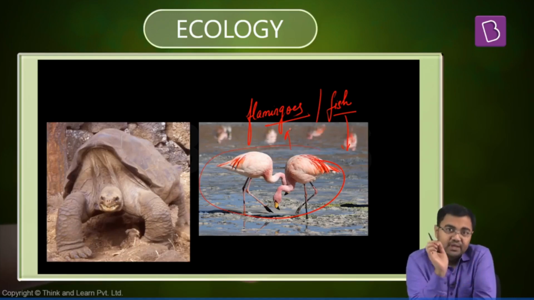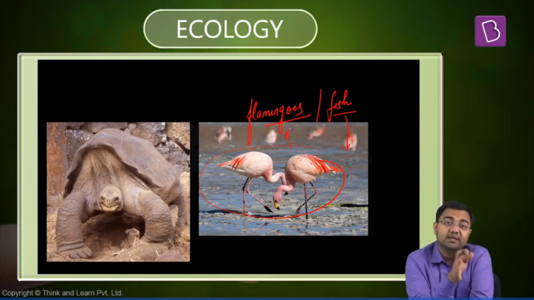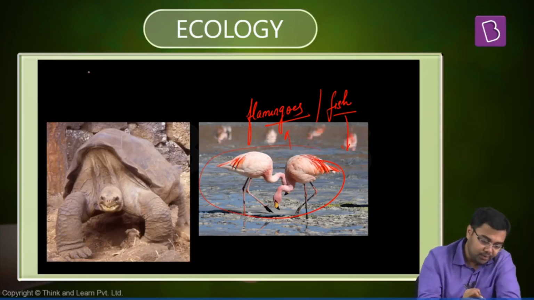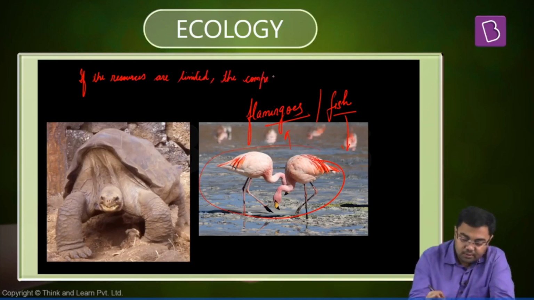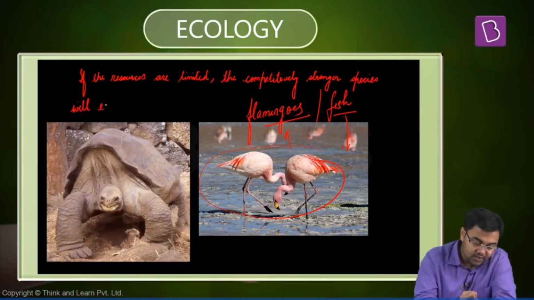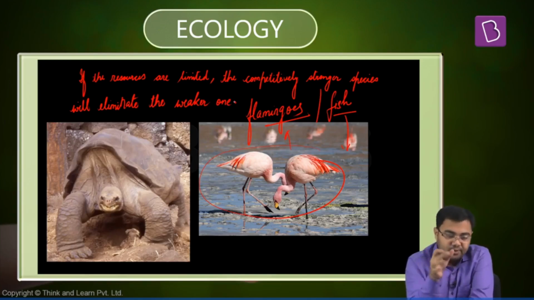So the other one would be limited, but it does not mean that the second will altogether go extinct. It may, if the resources are limited, but if the resources are not limited, they may coexist very easily. So you can note down this point, that if the resources are limited, the competitively stronger species will eliminate the weaker one. But if the resources are limited, obviously there is a possibility that one organism may go